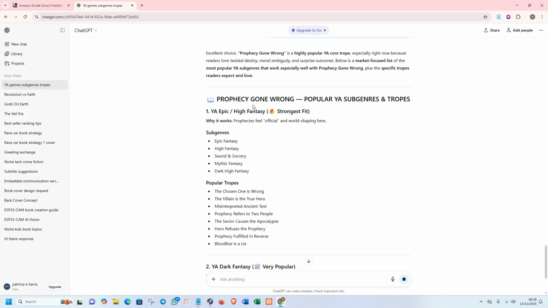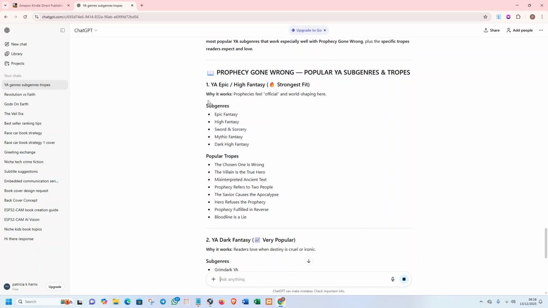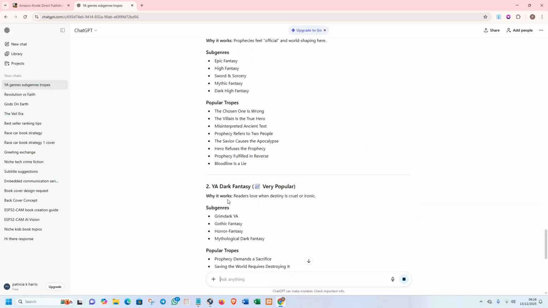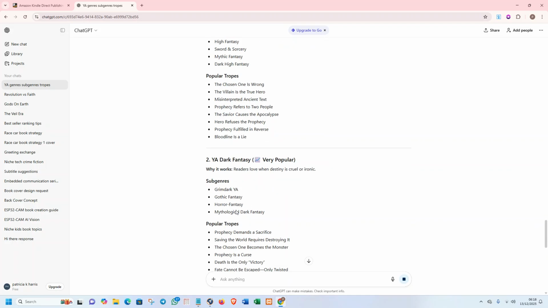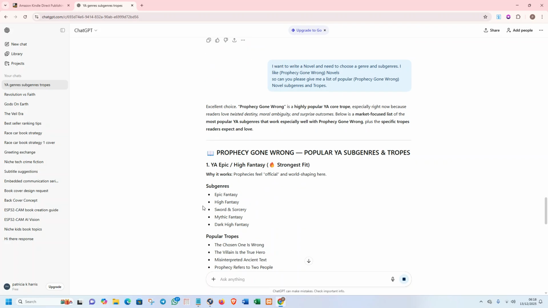As you can see, as I pick the theme for it to write on, it also gives me the best performing one, which is the first ones that are very, very popular, which is horror fantasy, which is a very popular one. And then the strongest fit is